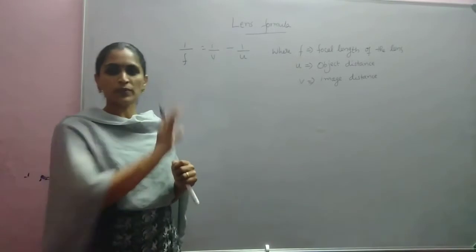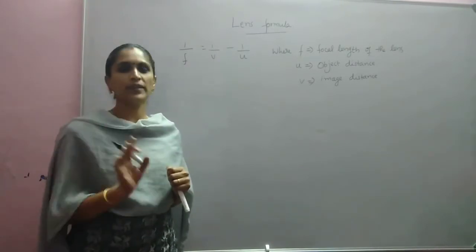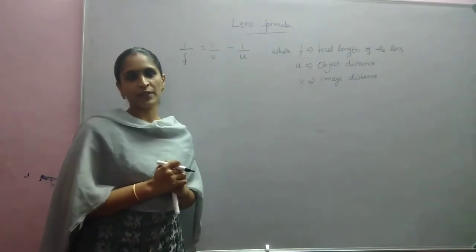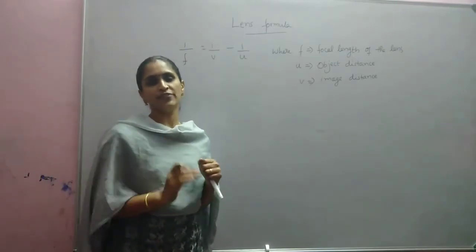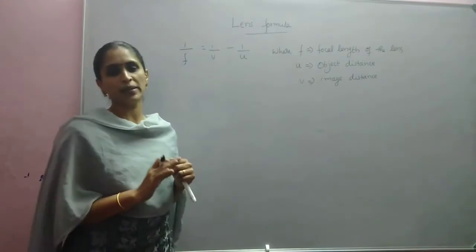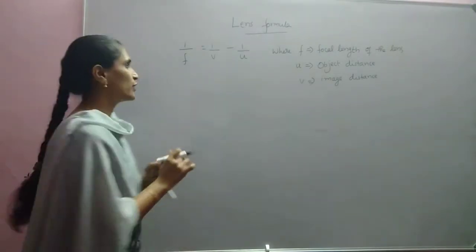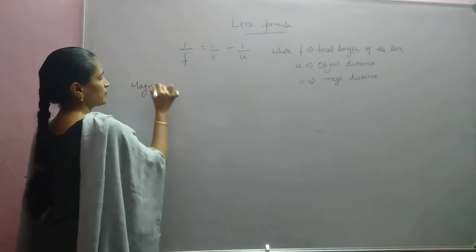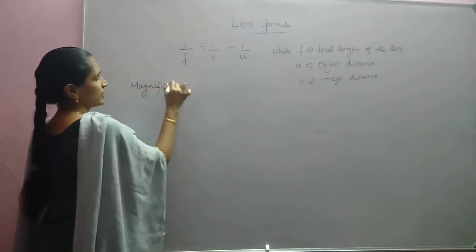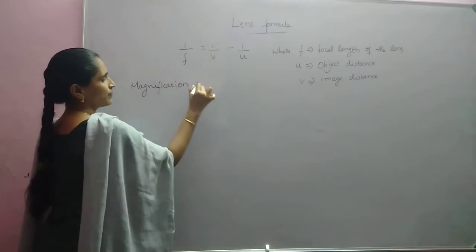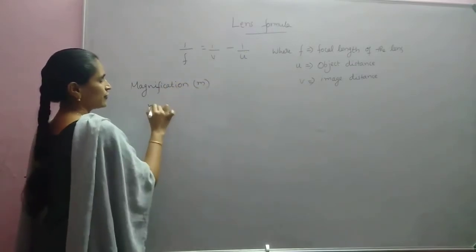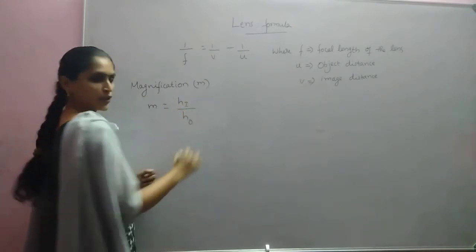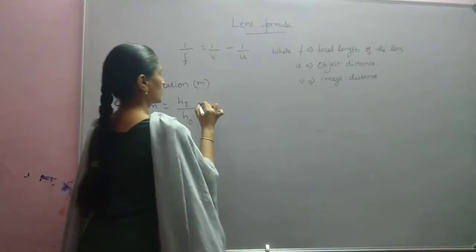To solve the problems you should know this relation. This relation is very important. Here we are also defining magnification. What is meant by magnification? It is defined as the ratio of the height of the image to the height of the object, which is represented by m. So magnification is equal to the height of the image divided by the height of the object, and that is equal to